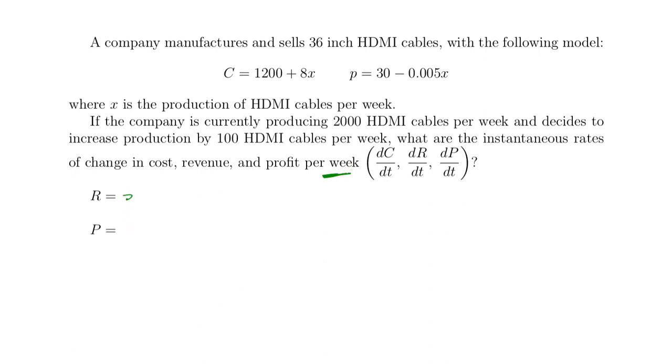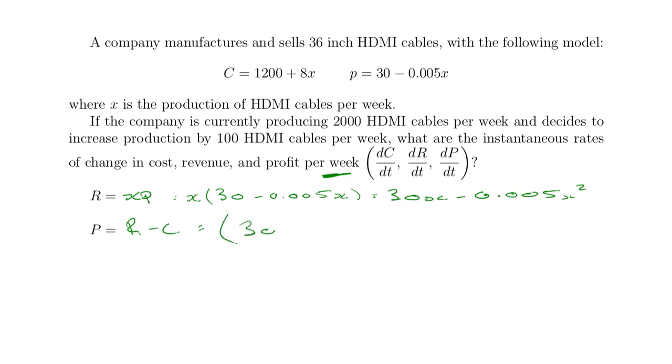If you remember, revenue is price times quantity, x times p, where p is that lowercase p here, that's price. So we've got x times (30 minus 0.005x). So we've got 30x minus 0.005x squared. And profit then is revenue minus cost. So we're looking at our revenue function, 300x minus 0.005x squared,